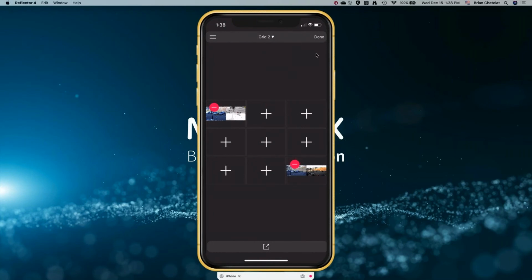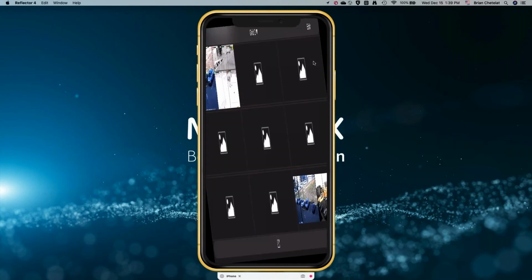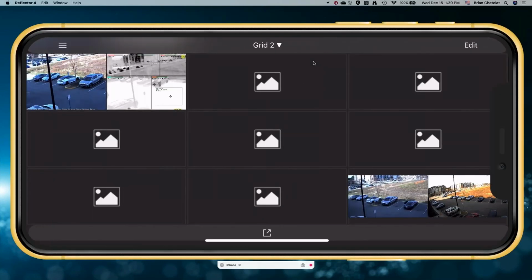I'm going to go up and click the done button. There's no more to add. Or if I wanted to delete one of these, if I tap this, it'll delete it right away and give me the add button again. Okay. So I'm going to go up and hit done. So there's my grid. As crummy as it looks, but my 3x3 grid. Okay.